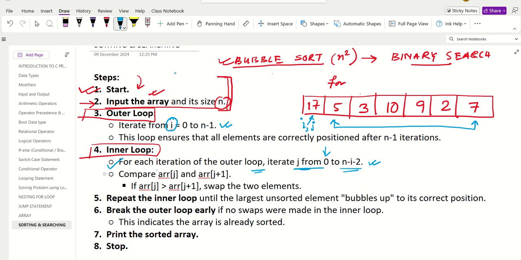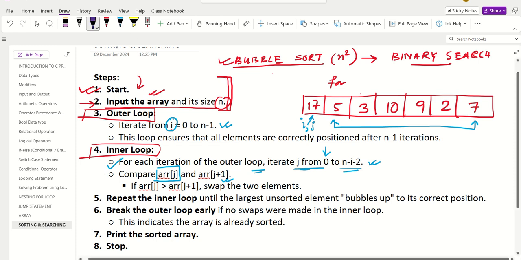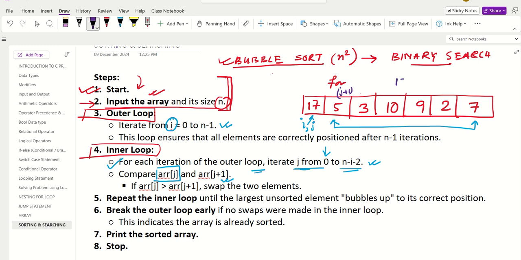We'll compare with the arr of j. So for example here, in our case it is nums, with the jth plus 1 item. So it will get compared with this j plus 1 item. This is j plus 1. So now if I compare, 17 is greater than 5, yes. So what I need to do, if it is greater than, swap the two elements, means this value will be coming here and this value will go over there,